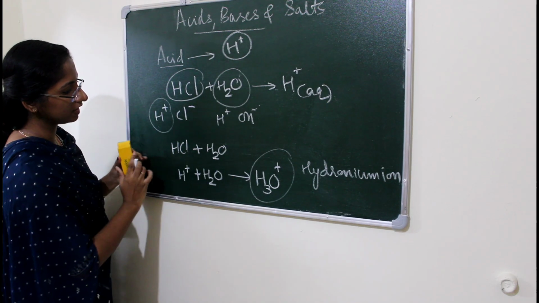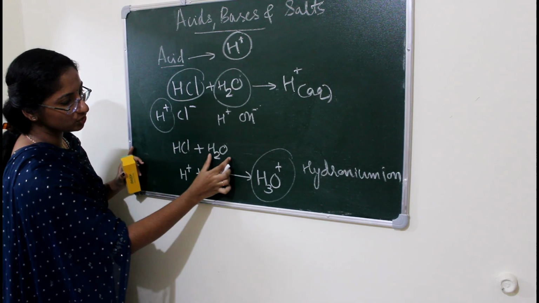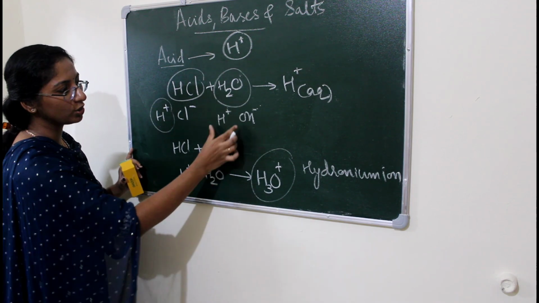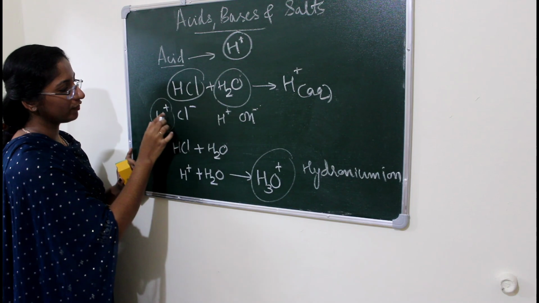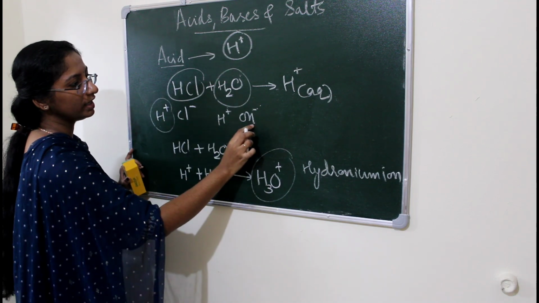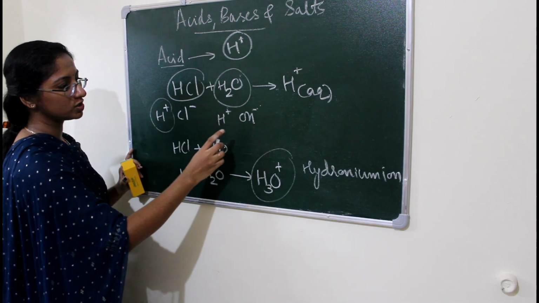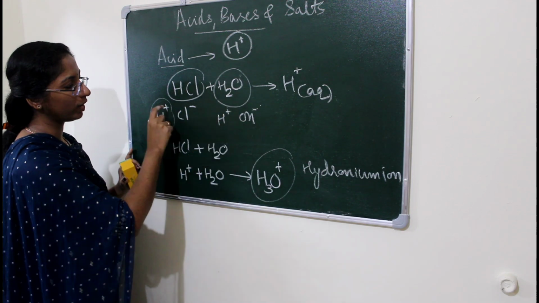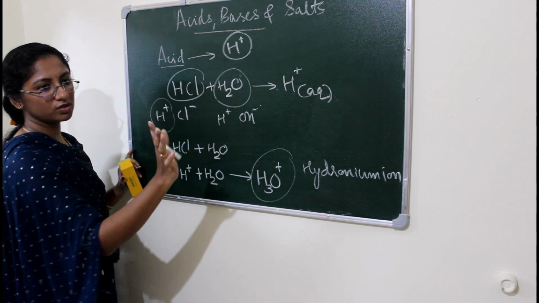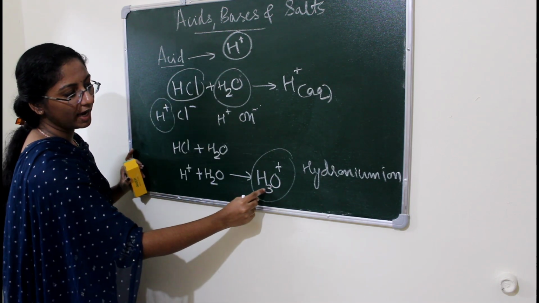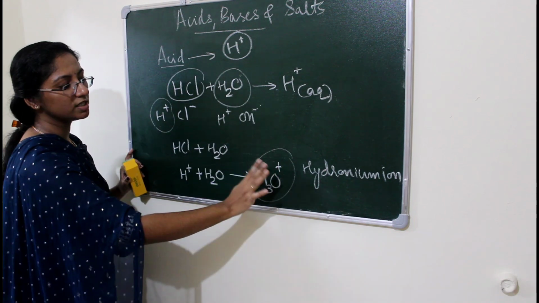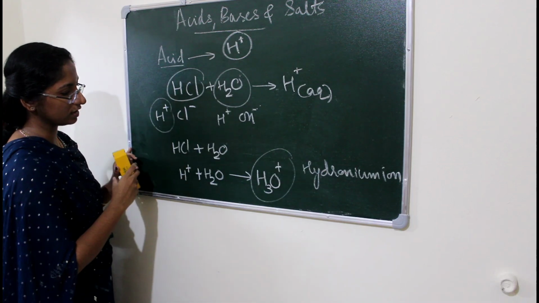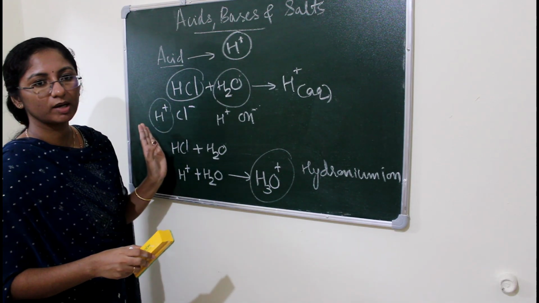So we get this by adding an H2O molecule to the H plus ion, and then we get H3O plus. In H2O we have H plus and OH minus ion. So from this we have 3 hydrogen and 1 oxygen, with a 2 plus and a 1 minus charge. By cancelling these charges we get 1 positive charge, with 3 hydrogen atoms and 1 oxygen atom, because the positive and negative cancel and we get only the positive charge. So that's how the hydronium ion is formed.